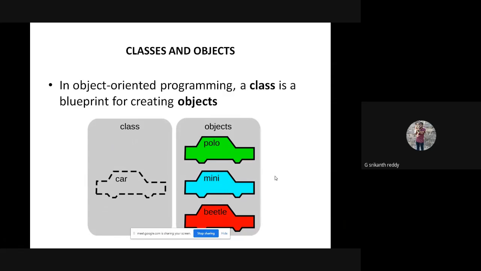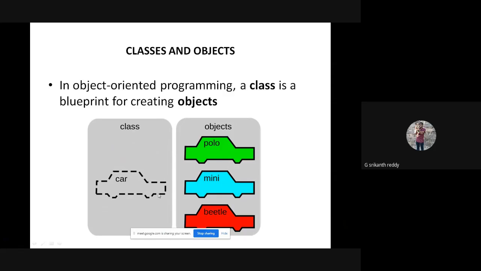In object-oriented programming, a class is a blueprint, a classifier. A class is a blueprint for creating objects. The programmer will design a class, and based on the class, you can create any number of objects.